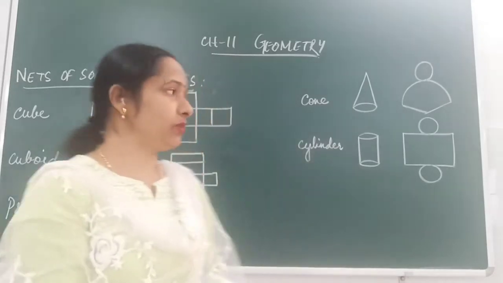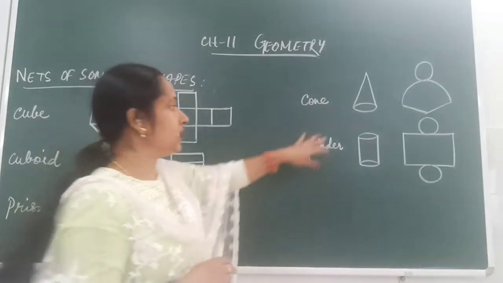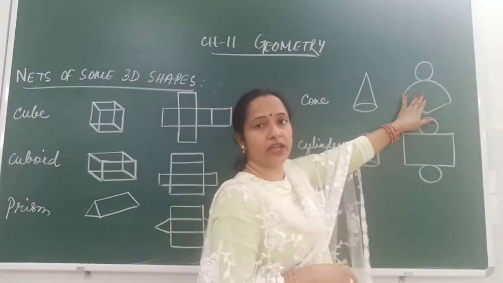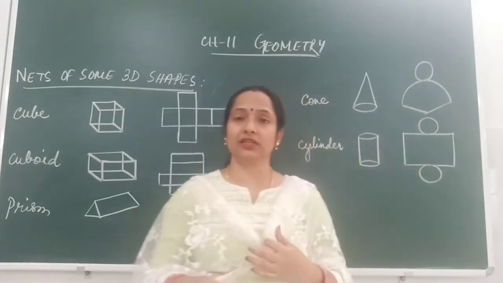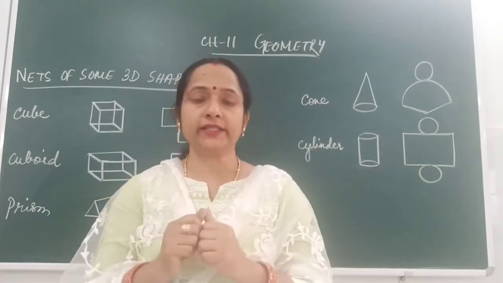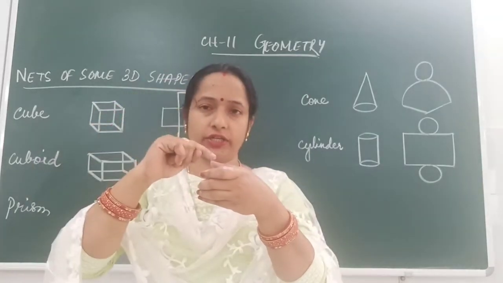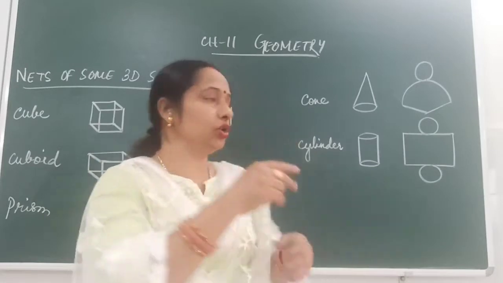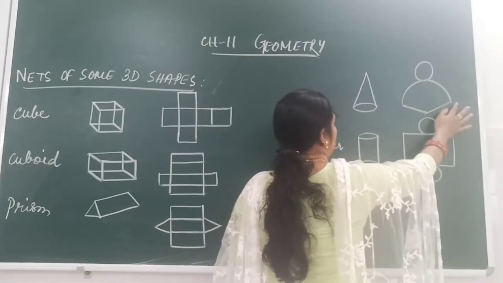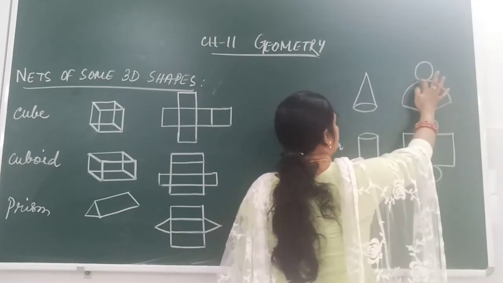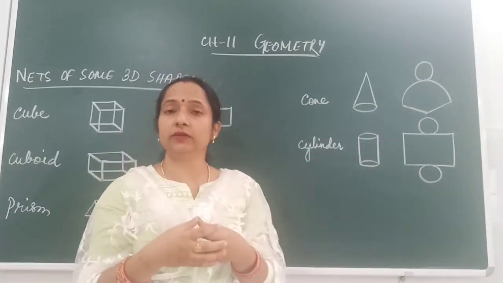So children, in this way you can carefully cut a birthday cap also. But here, for the net which I have drawn for this cone, we have a circle. Just imagine your Cornetto ice cream. Whenever you are having a Cornetto ice cream, there is a circular lid on it. Now if you cut that cone, the net of the cone will be this one, and this will be the circular lid of the cone.